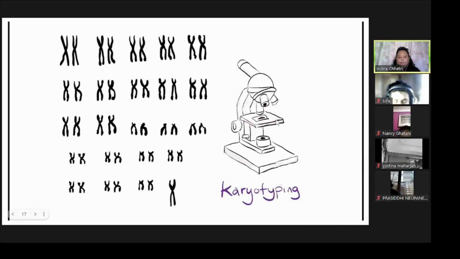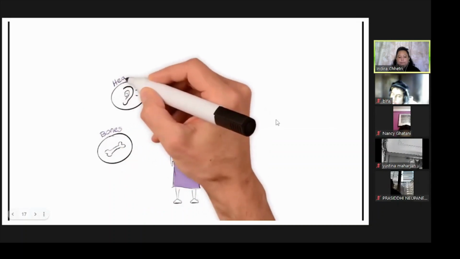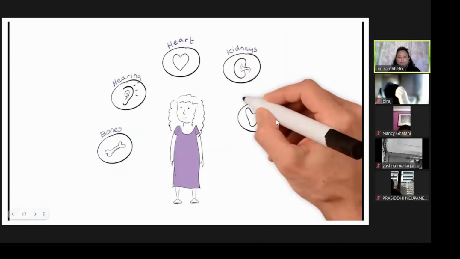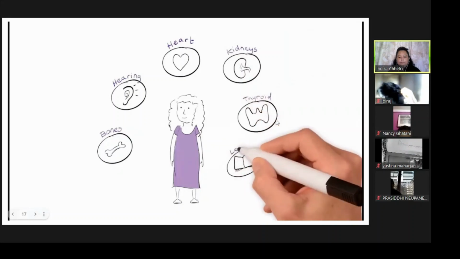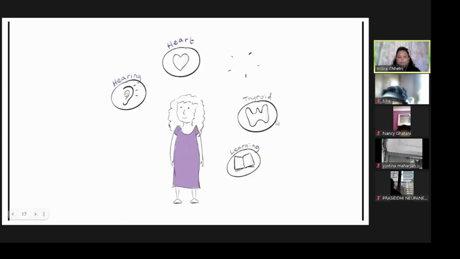There are also other symptoms that may occur with Turner syndrome. These include weaker bones, hearing difficulties, or problems with the heart, kidneys, or thyroid gland. There may be specific differences with behavior or learning, but overall, intelligence is not affected. This may seem like a long list, but most girls will only have a few features, so treatment will differ